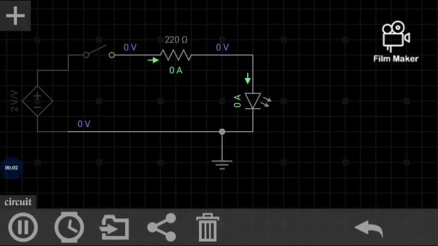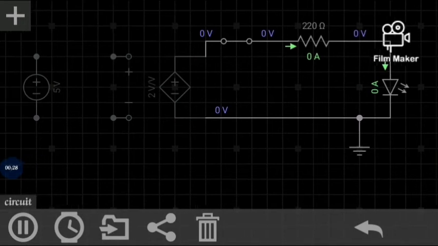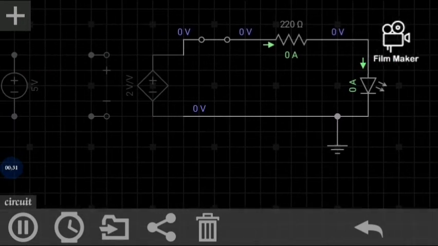Okay, here is a practical demonstration of a dependent voltage source. This voltage source is 2 volts per volt. It depends on another voltage source for it to work. So if I close the switch, nothing is going to happen because it doesn't act alone. It acts with the influence of another voltage supply for it to work. So this dependent source is actually a voltage controlled voltage supply, because we can see